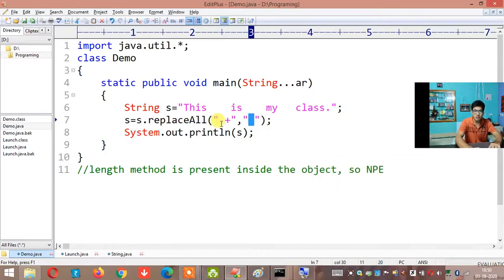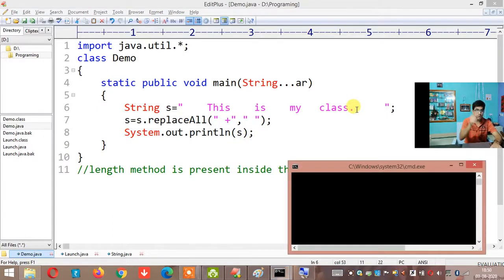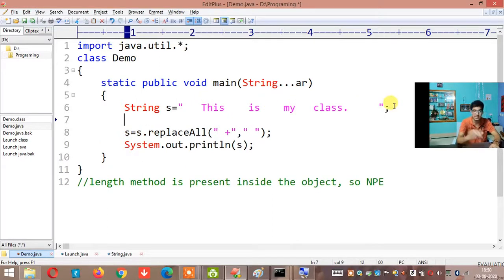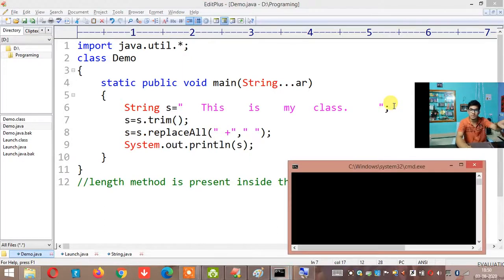So if you are thinking, what if spaces are there at the beginning and also at the end, what if multiple spaces are there? Will those spaces be removed by this replaceAll method? See, as you can see, those spaces are not removed. What is happening here is that all these spaces are replaced with a single space. If you want to remove the spaces at the beginning and end of a string, you have to write new s value is equal to old s value dot trim. Yes, trim is a method which you have to use to remove the spaces at the beginning and end of a string. So in this way you will get this output.